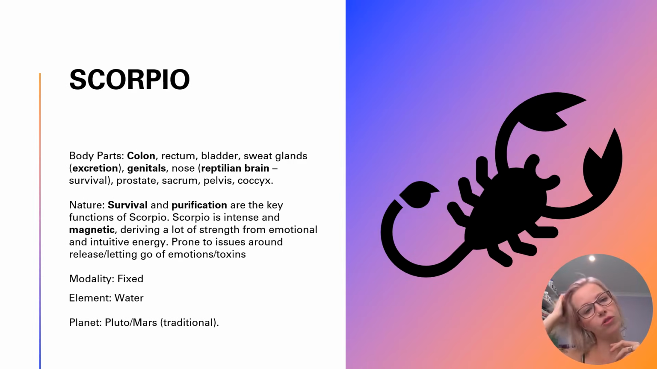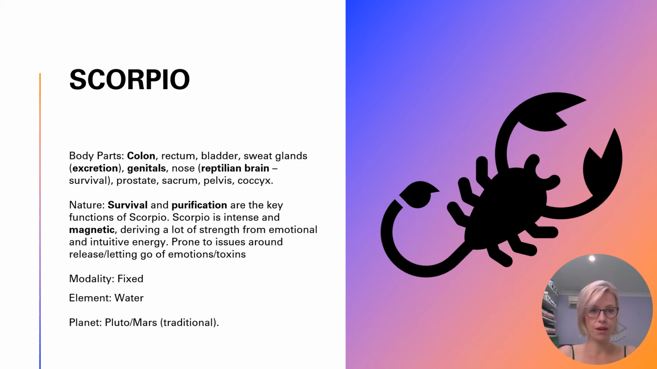Scorpio. So Scorpio rules primarily the colon, but also the rectum, bladder, sweat glands, so anything that excretes. So sweat glands, snot that comes out, earwax that comes out, poop, just everything that comes out of the body. Genitals, the nose, because it has that reptilian brain survival association. Prostate, sacrum, pelvis, coccyx. So that whole area right at the bottom of your torso, the genitals, the pelvis, that is